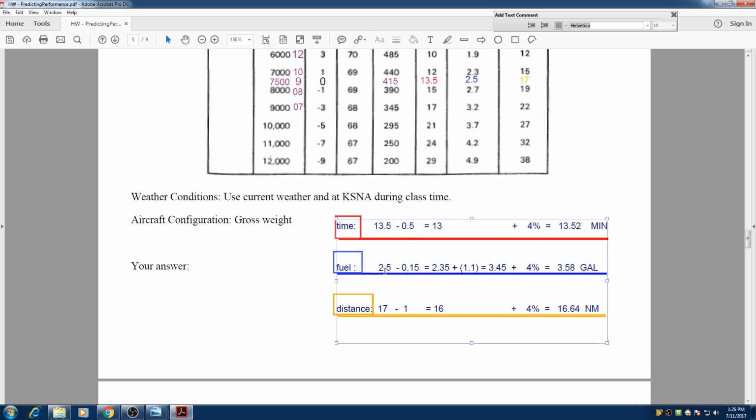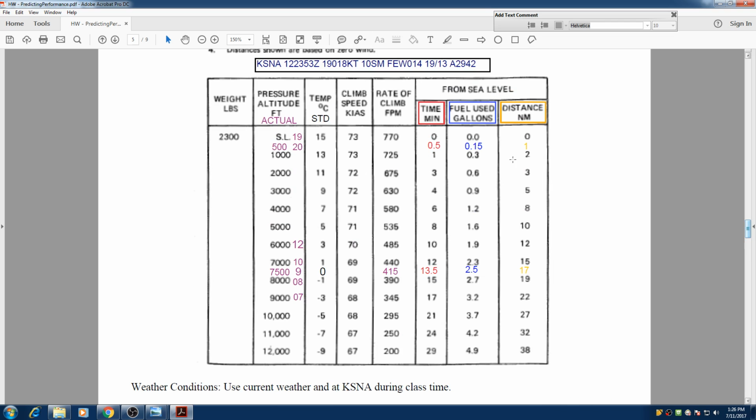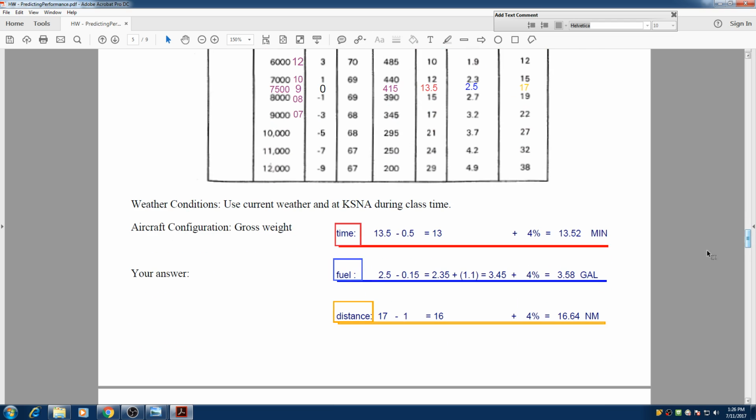So we take the difference between 2.5 right here and 0.15, and we're going to add 1.1 gallon to that. It's going to be 3.45 gallons of fuel. We increase by 4% because of the temperature situation, and we got roughly about 3.5 or 3.58 gallons of fuel